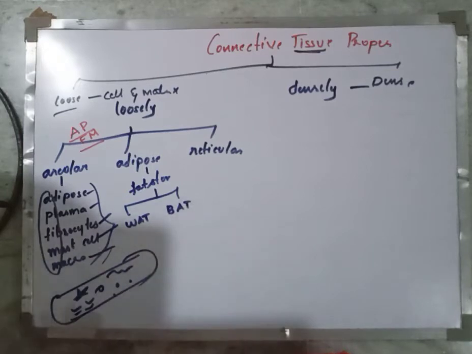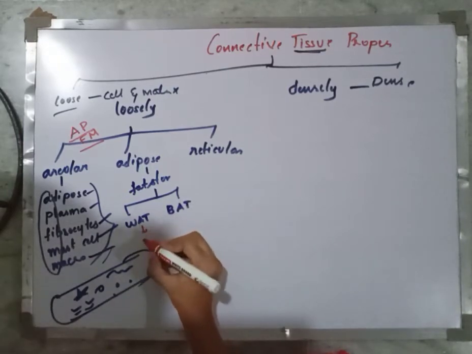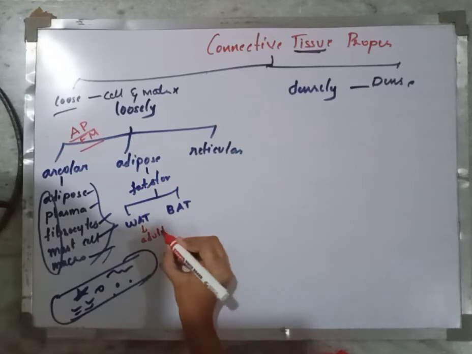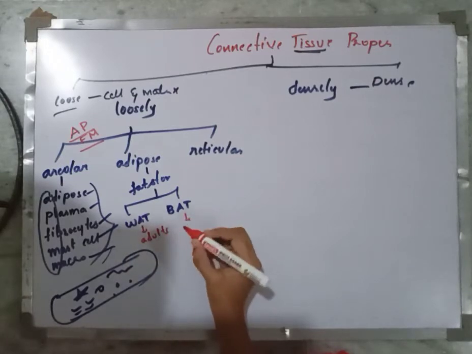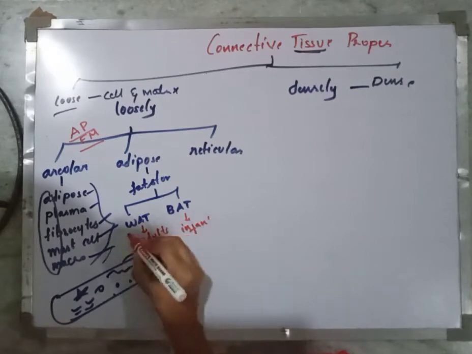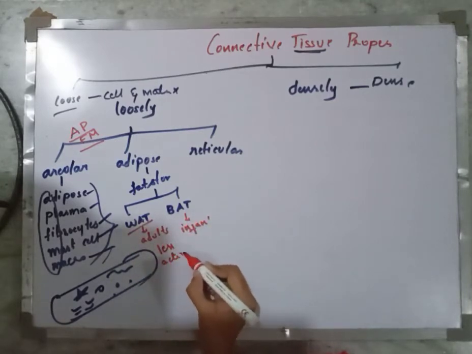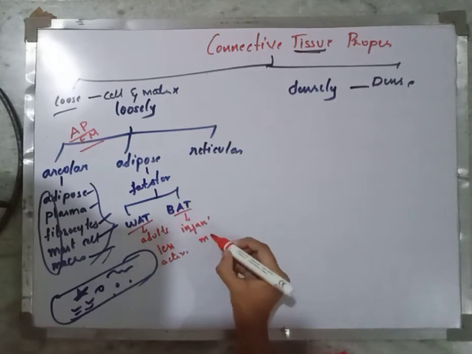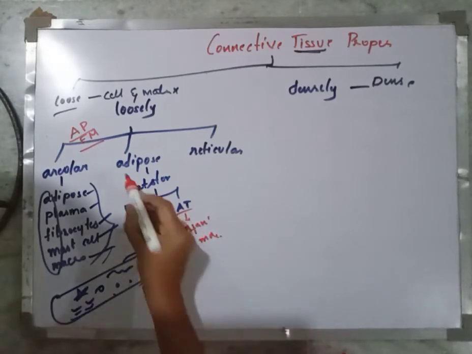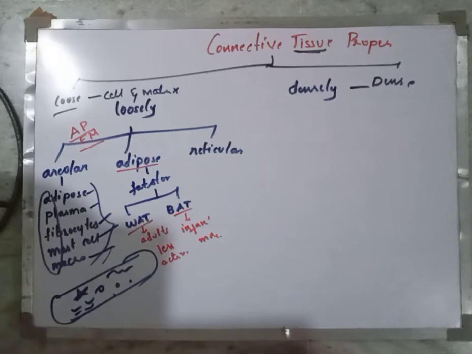White adipose tissue is found in adults, and brown adipose tissue is found in the young ones or infants. White adipose tissue is less metabolically active, whereas brown adipose tissue is more metabolically active. The main function of adipose tissue is fat storage, and it is also used for heat